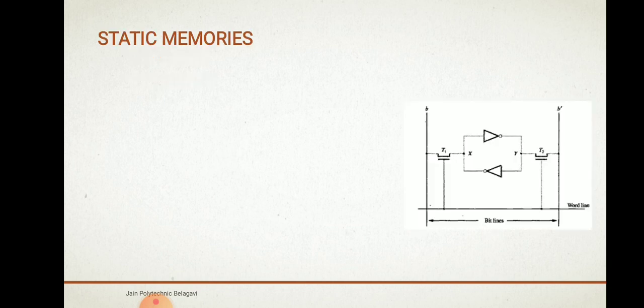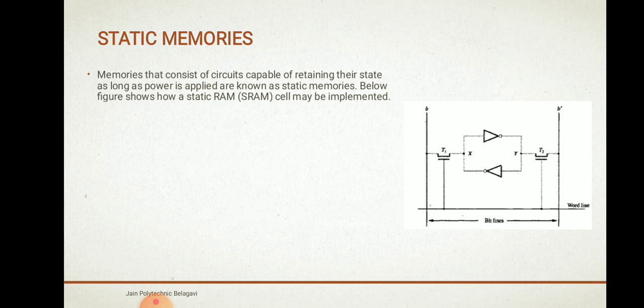Now, as you can see in the diagram, whatever cells we discussed in the last lecture, we can use various types of cells. One type of cell is called a static cell, or static memory. The memories that consist of circuits capable of retaining their states as long as power is applied are known as static memories. So there are different types of memories. Static memories, what happens is,